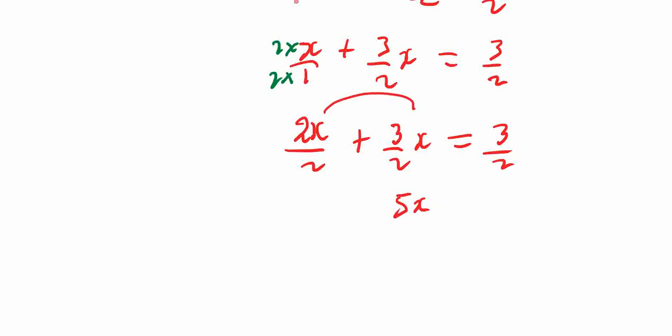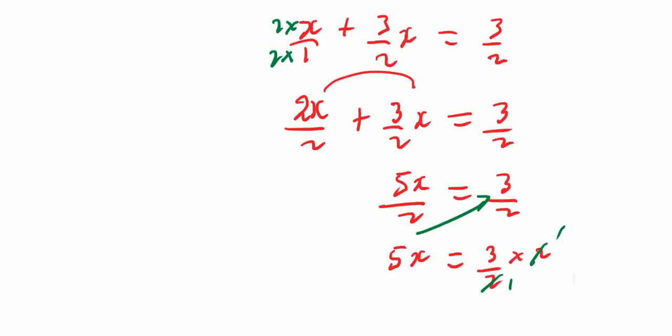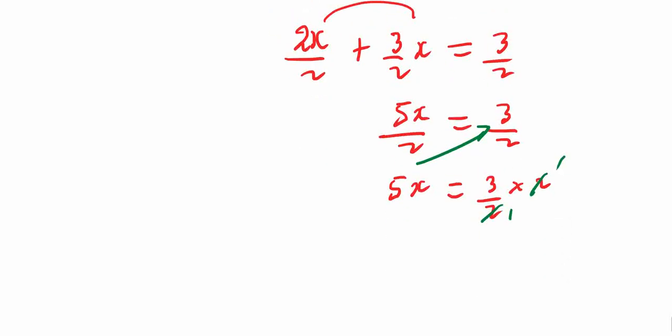So we have 5X over 2 equals 3 over 2. If we multiply both sides by 2, or just simply cross multiply, then you're going to have 5X equals 3 over 2 times 2. So 2 can simply cancel 2. 2 into 2 is 1, and this was 2 into 1. So this will now become